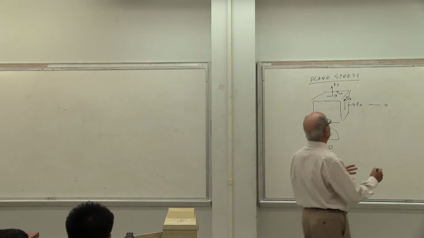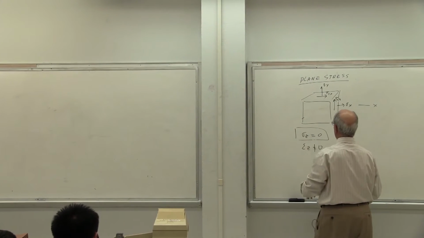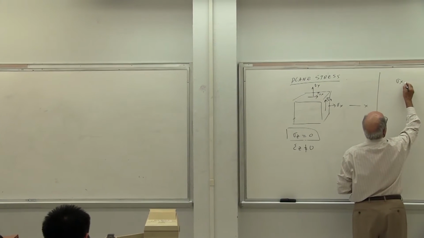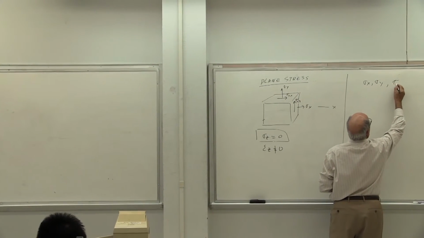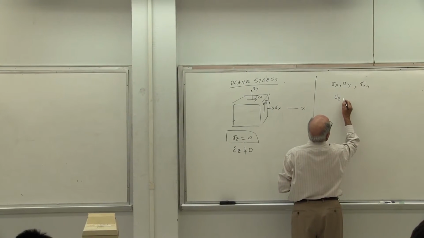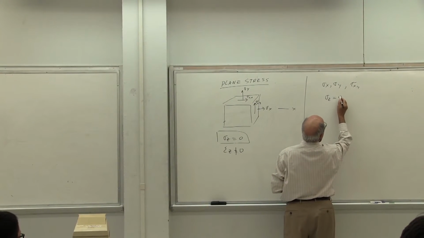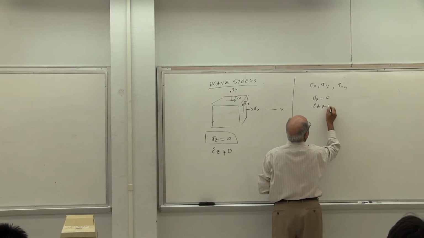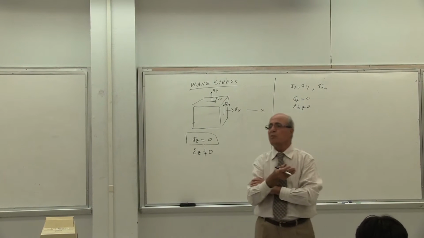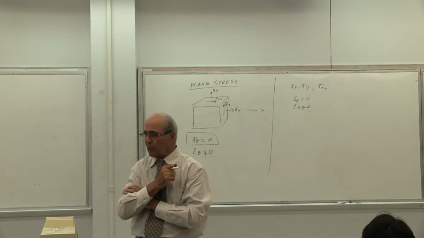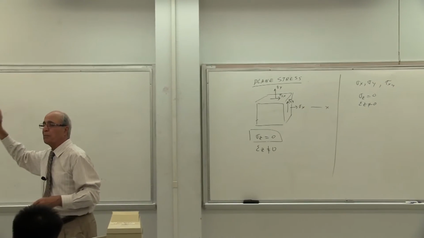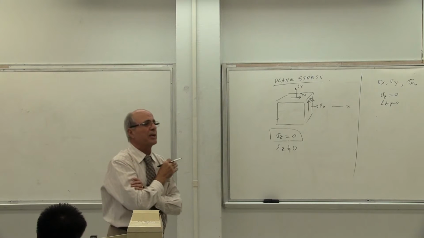Now we want to do something else. So here, anytime I want to do that, I'm writing here. Now, this is the result. I have sigma x, sigma y, tau xy, and sigma z is equal to 0. Epsilon z is not equal to 0. Then I go through the process of Mohr's circle to calculate what? To calculate the principal stresses, maximum everything, which again, I can use those equations to find the principal strain. That's not the point. Is that correct or not?